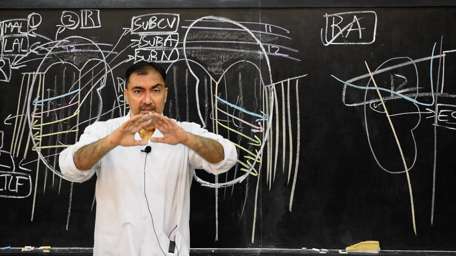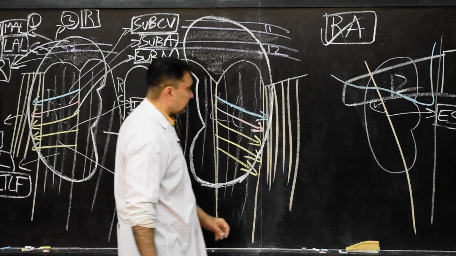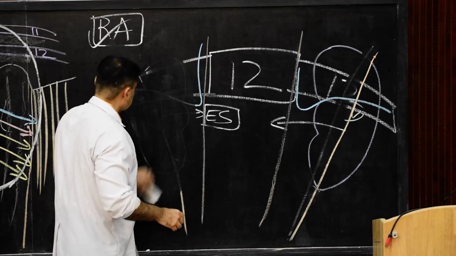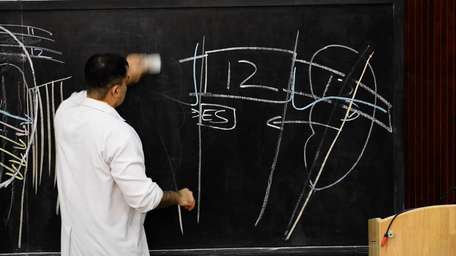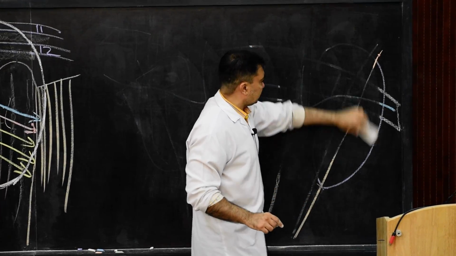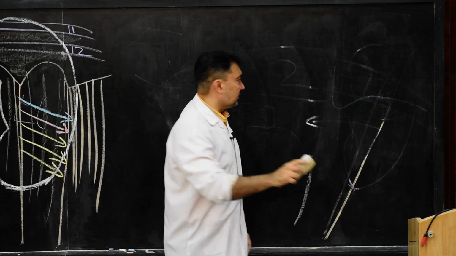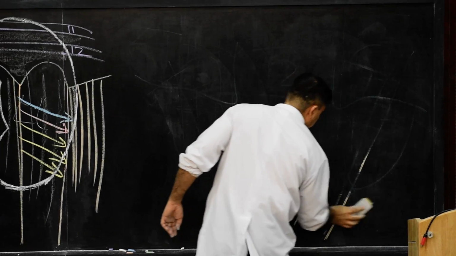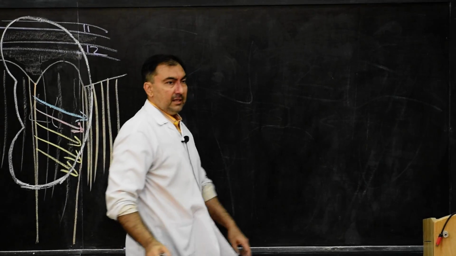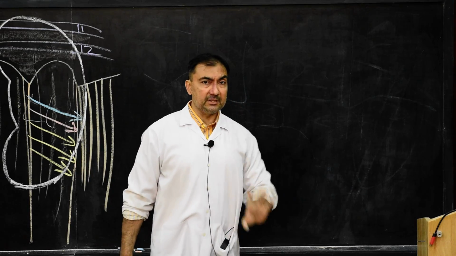Now we start with the relations of anterior surface of both the kidneys. Now in the anterior surface, please come on this side here. I will create some space over here, and remember that the anterior surface of both the kidneys, there will be some peritoneal surface and some non-peritoneal surface. And this anterior surface of both the kidneys is mostly asked in MCQs and one mark question answer. It is a very important topic, anterior surface.